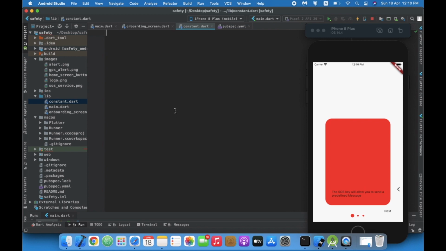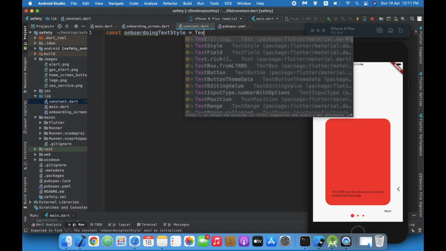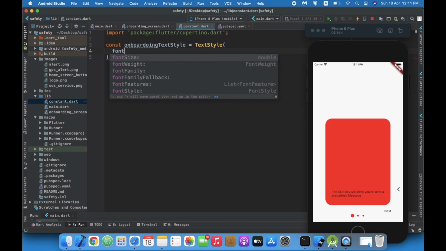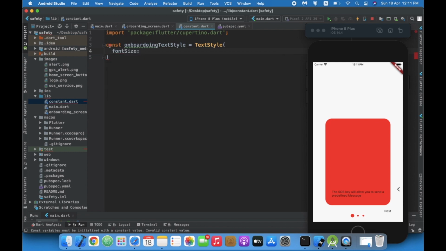Okay, and I'll create onboarding text style equals TextStyle where font size will be 18, color white.